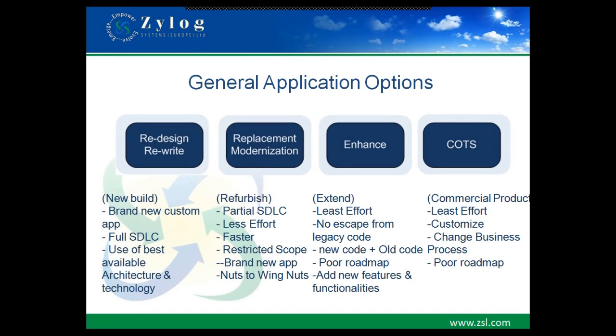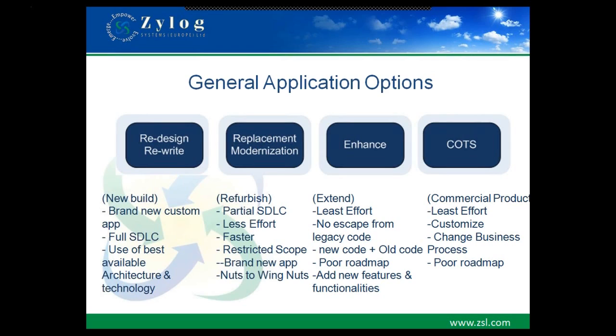So what are the options available if you figure out that your application has reached the end of life? We have figured out about 4 options. One is redesign and rewrite. And actually, there is no one solution for all. It depends upon each and every client and its requirement. So when would you do a redesign rewrite? You would do it basically when your application is no longer able to support your business processes, where you need to find new ways of doing business,